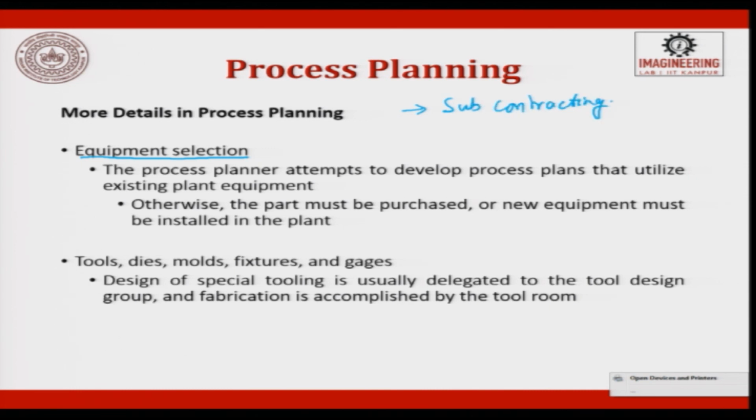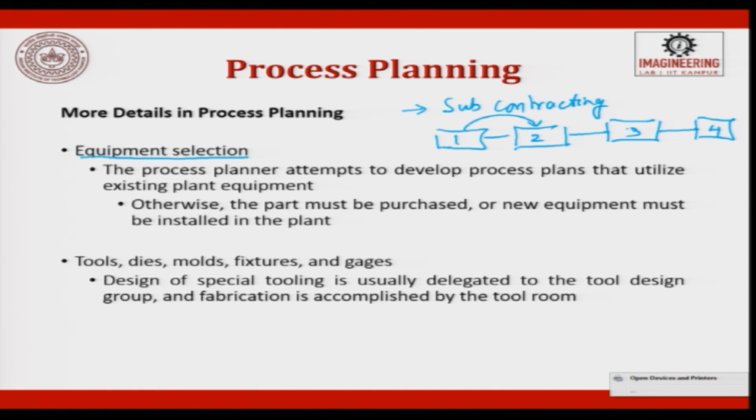That means to say, let us assume this is a part which undergoes 4 steps, 1, 2, 3, 4, towards the final output. So first I will try to get the blank from some vendor and start doing operations 2, 3, and then finally I will get 4. Suppose I do not have a machine for 2, then I try to shift the blank, whatever I get pre-machined from the vendor itself. So then I do only 3 and 4 to get the final product.